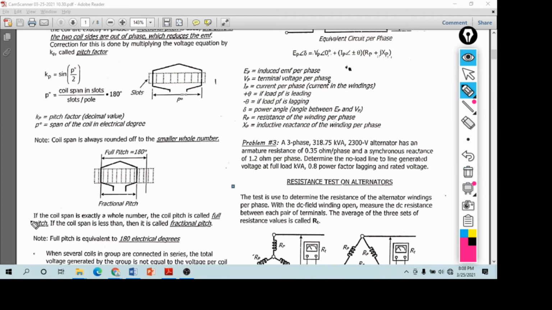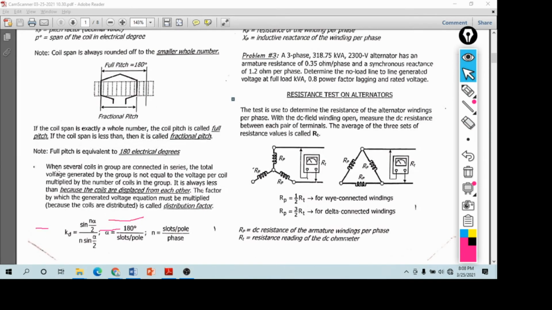Now, if the coil span is exactly a whole number, remember, exactly a whole number, the coil pitch is called full pitch. But if the coil span is less than that, then it is called fractional pitch. It will never be more than 1. So if the coil span is less than the full pitch, then it is a fractional pitch. Okay? So note that